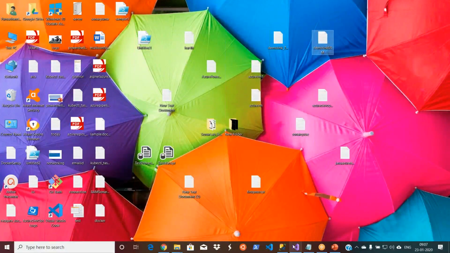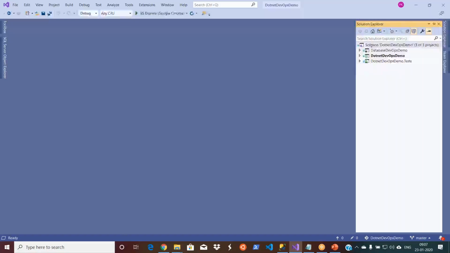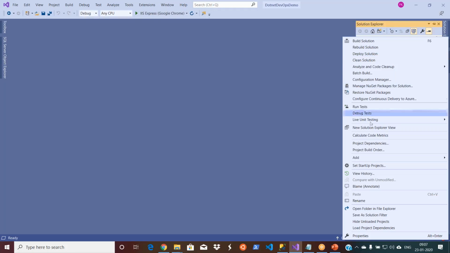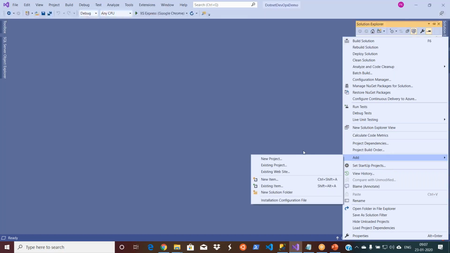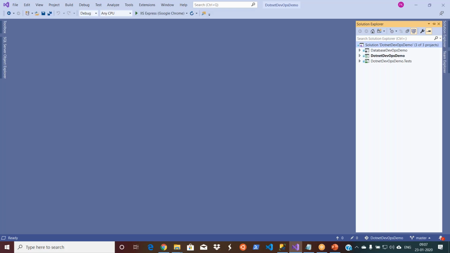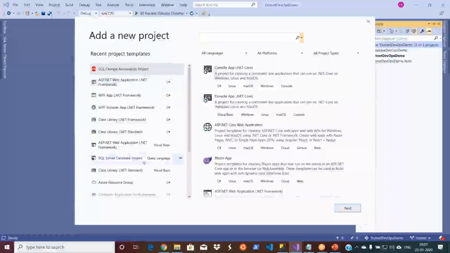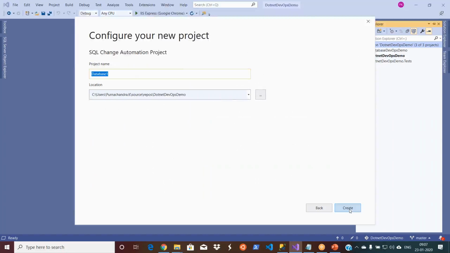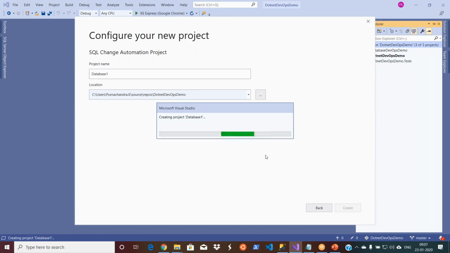What I did was, I went to my solution and added a new database project. When I selected the project, then next, you give some name and create.